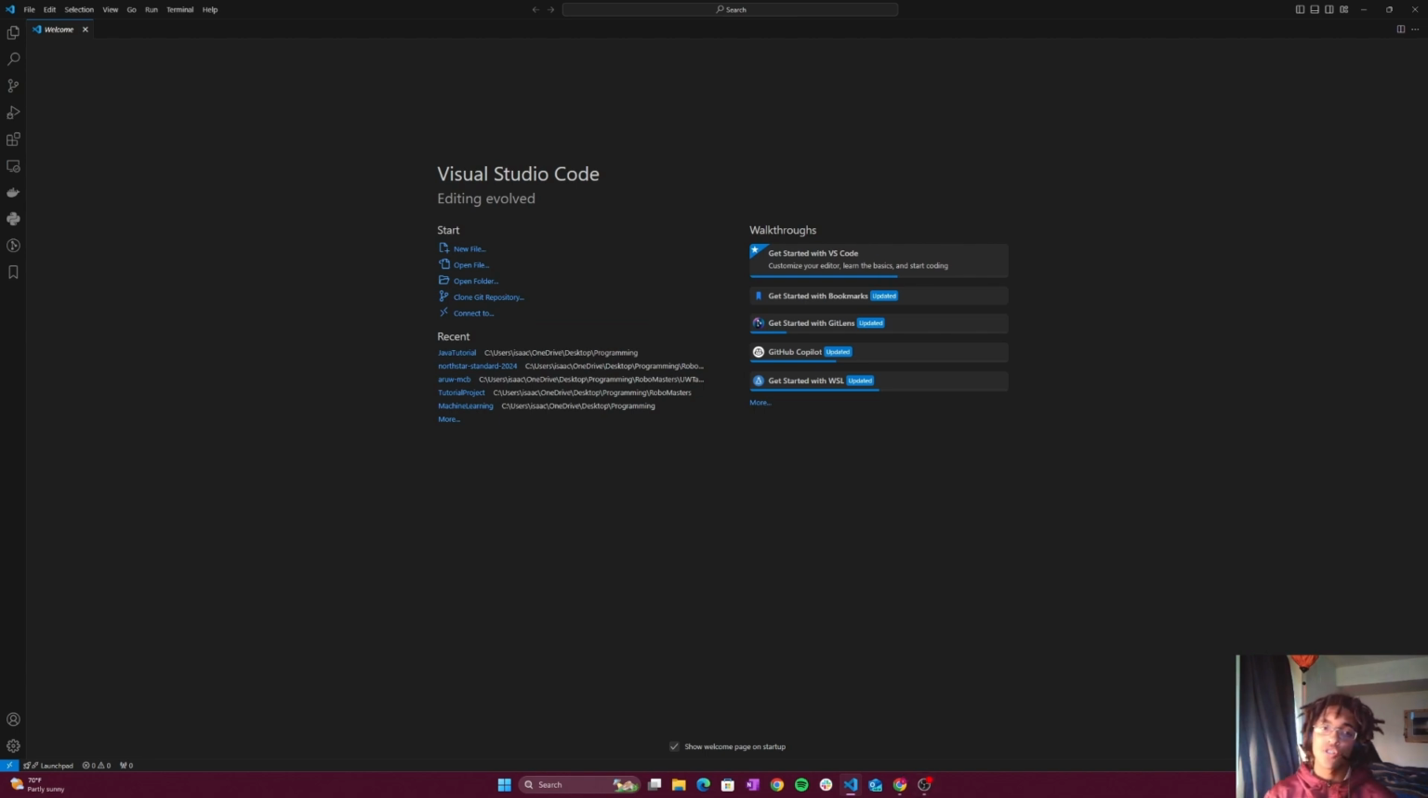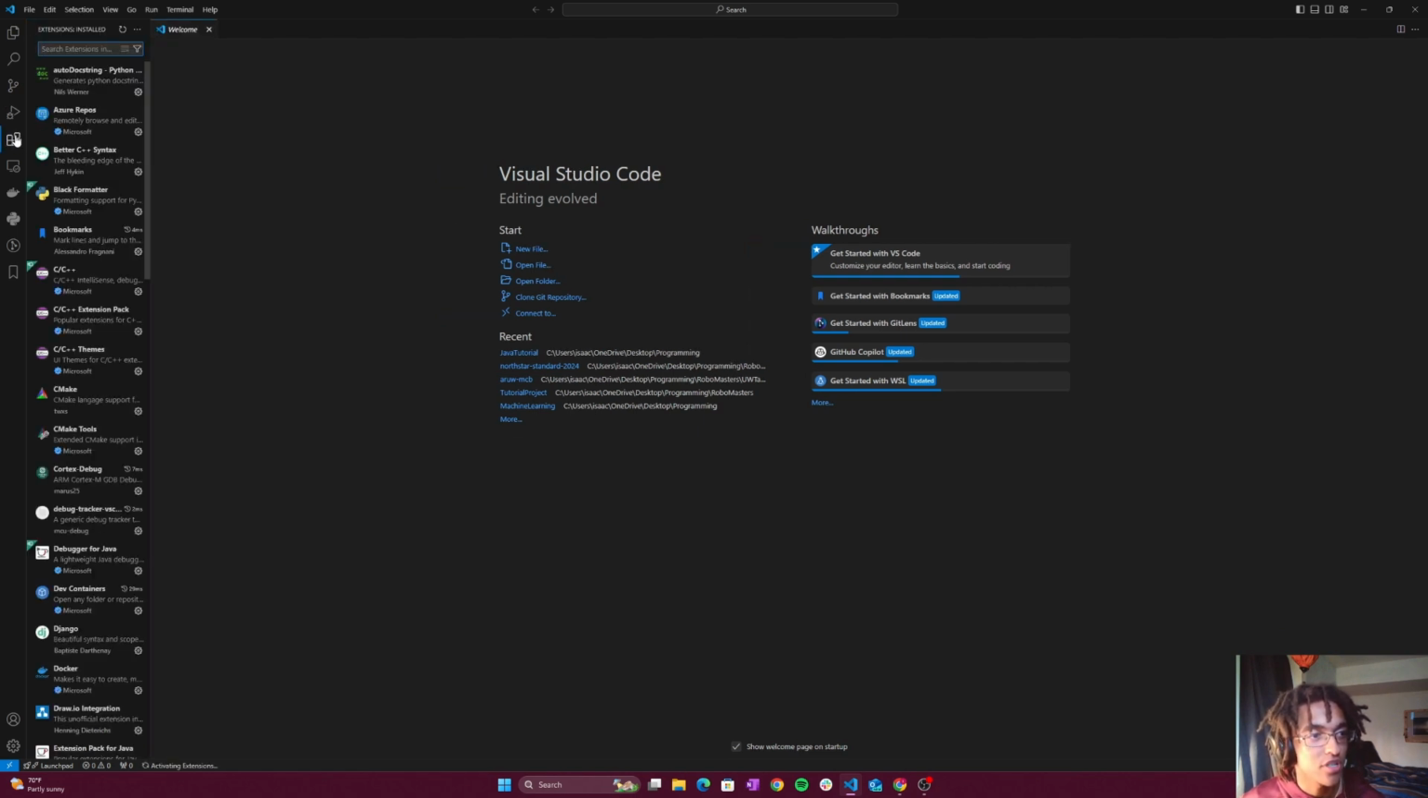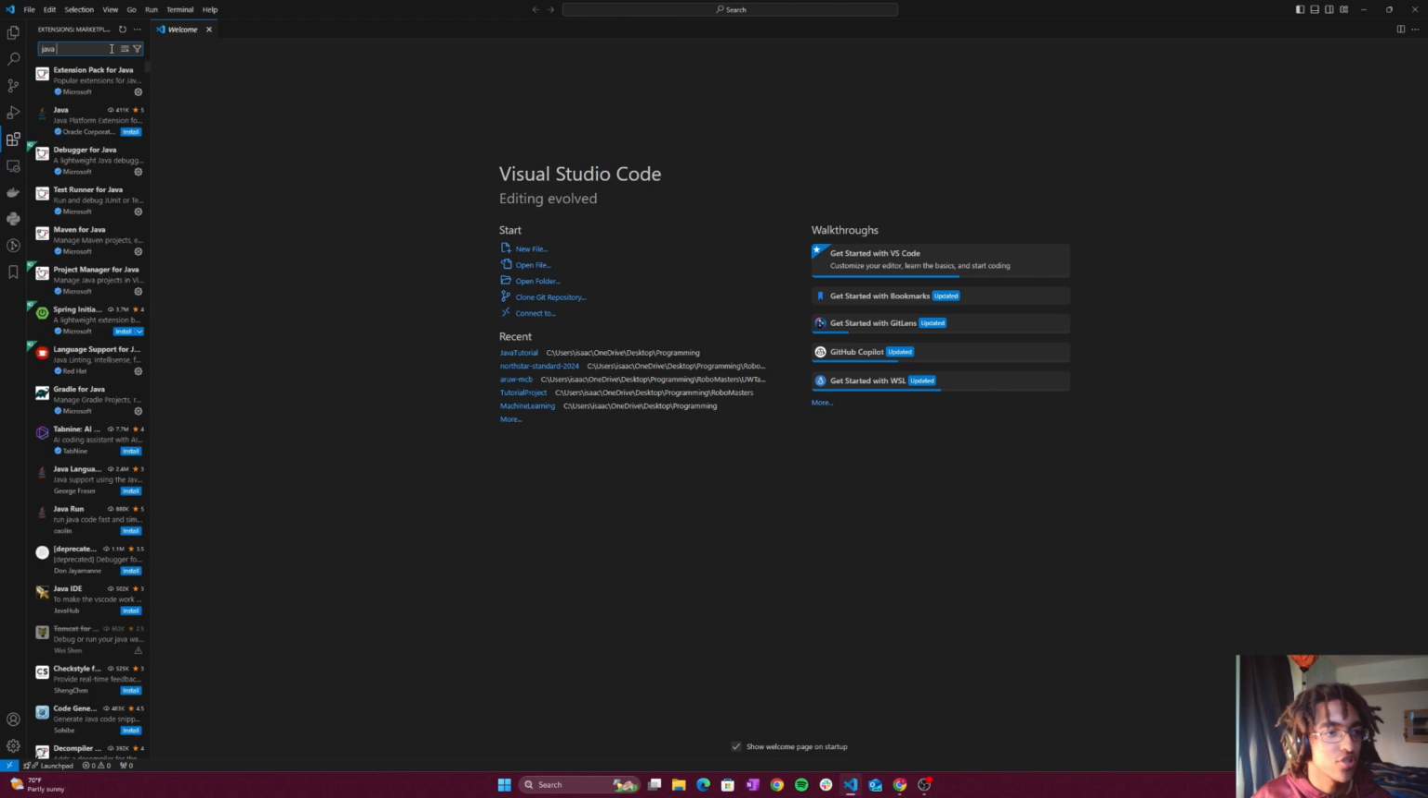Alrighty, and so now the last thing that we're going to do is we're going to set up some extensions to make our job in editing Java code so much easier. In order to do that, we're going to go over to the top left, and we're going to look for a tab that says extensions. In this search bar right here, you're going to want to type Java, and it should automatically show up